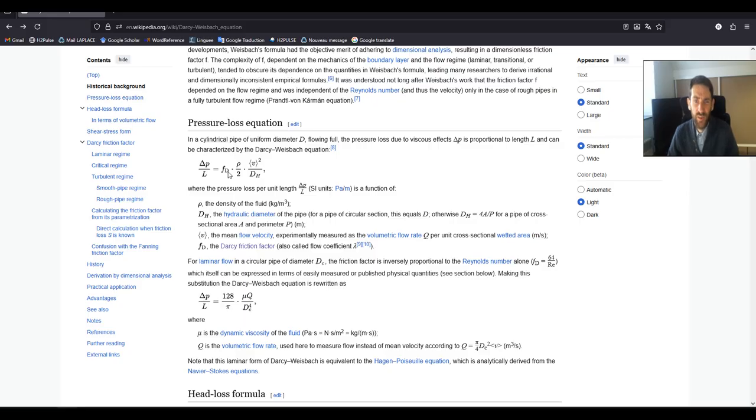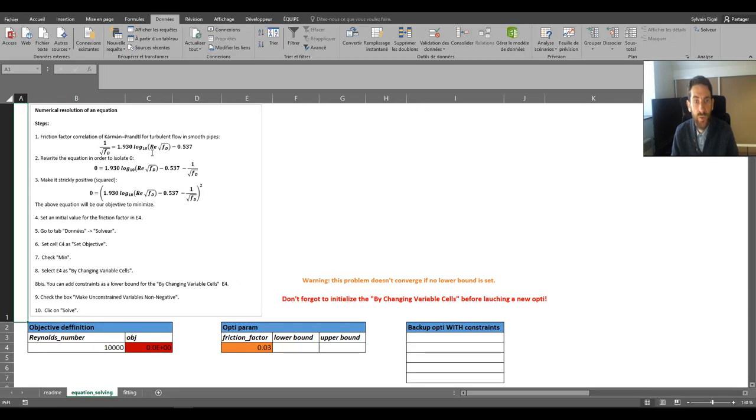The friction factor can be estimated by a lot of correlations depending on the flow regime, like turbulent or laminar, and also depending on the surface of the tube, like if it's smooth or not. In this example, we just use the Kalman-Prandtl correlation to estimate the friction factor for turbulent flow and smooth pipes. This correlation gives the friction factor for a fixed Reynolds number, and as you can see, you cannot isolate the friction factor on one side of the equal,